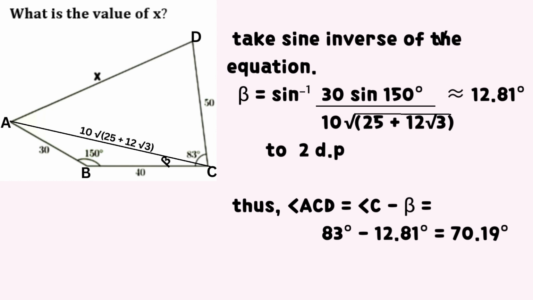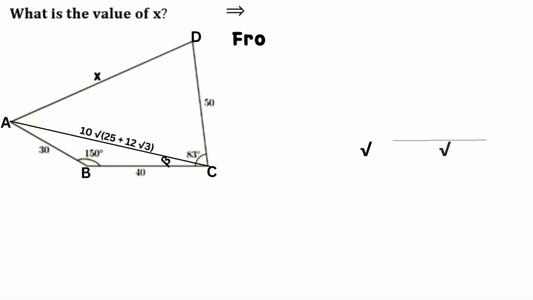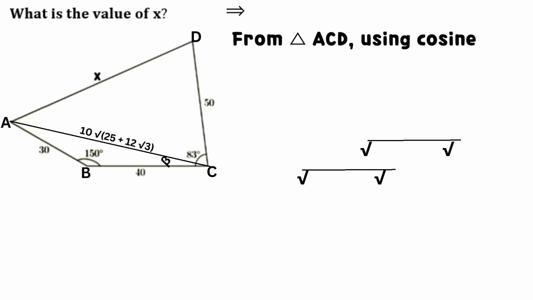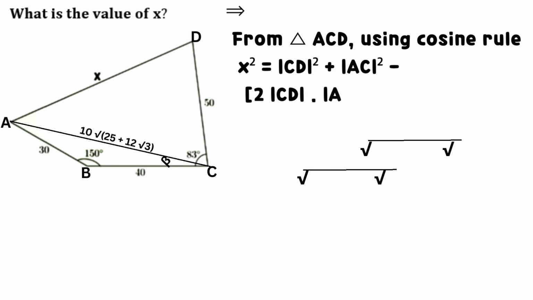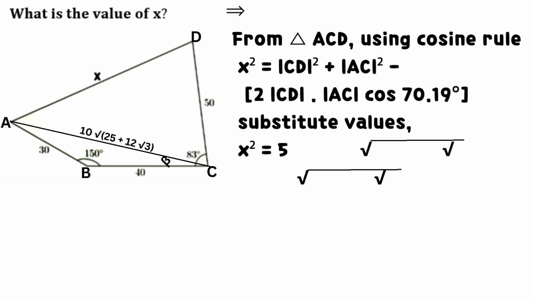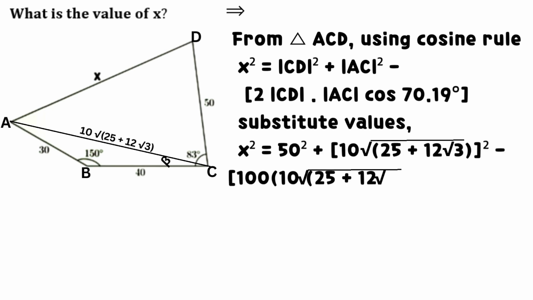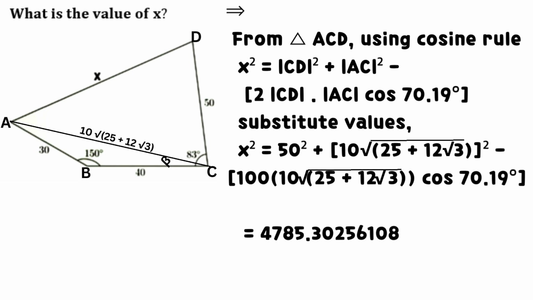After substitution and simplification of values, it follows that from triangle ACD, using the cosine rule, the square of x equals the sum of the square of line CD and line AC, minus the product of 2 and line CD times line AC times cosine 70.19 degrees. Substitute values and we have that